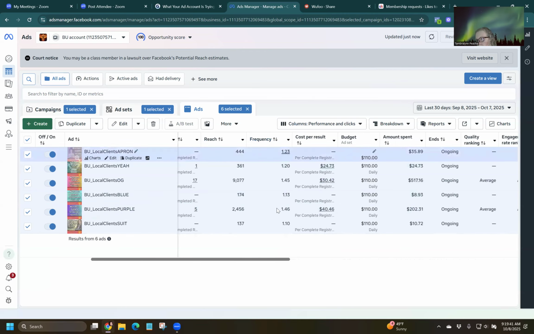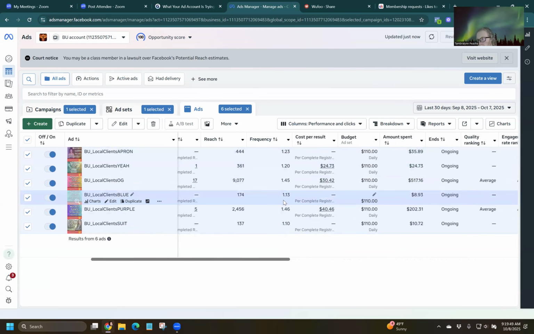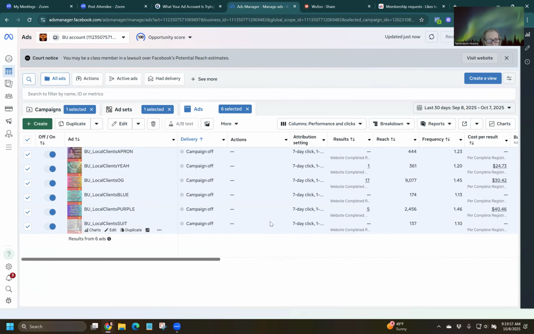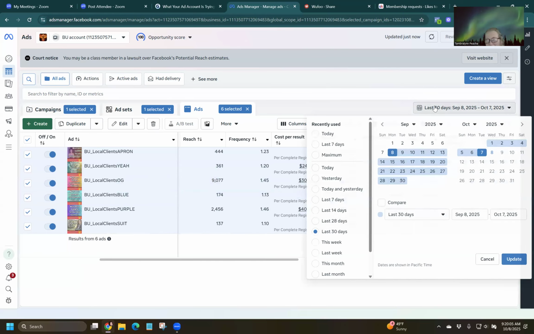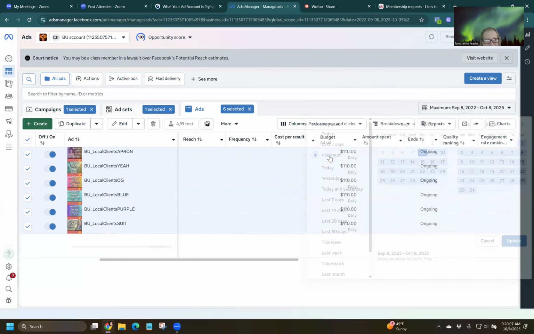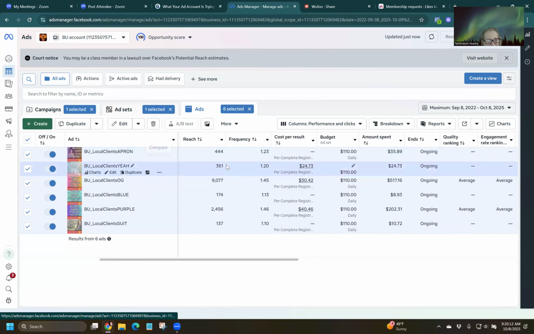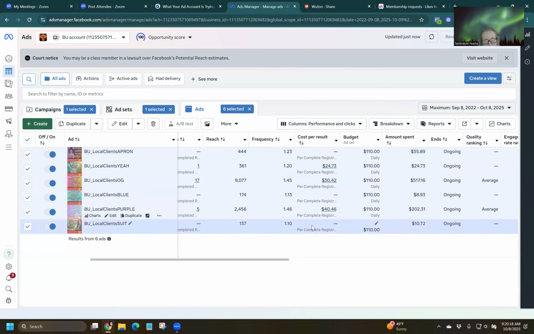Frequency is how often it's been shown to your prospect, your audience. So this is probably the third thing that I weigh the most. I also really weigh, and I didn't put it on the slide, obviously, the cost per result. Like, you've got a metric that you're going after, and you want to make sure that you're falling within that KPI, which means key performance indicator. Am I within this KPI?